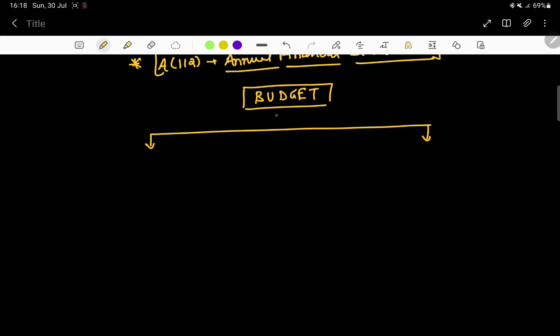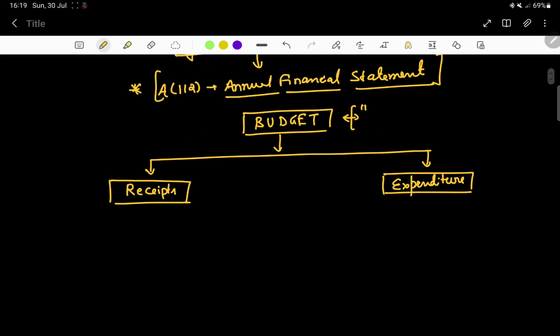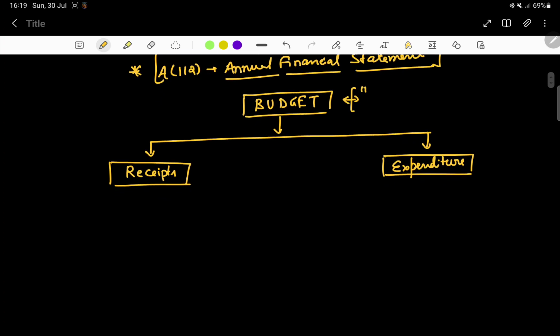So firstly, what does the budget say? Budget is nothing but the entire way the government gets its revenues and how the government spends such revenues on various schemes and departments. So firstly, there is a receipt and then there is an expenditure. The government does expenditure, as you already know, on various schemes, and the government also gets money to finance this expenditure. So in this budget session, we will be looking into receipts and expenditure.